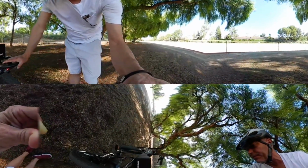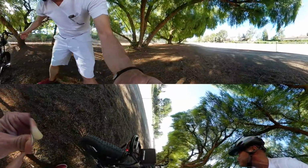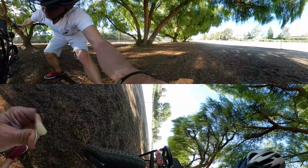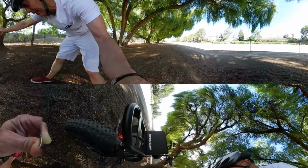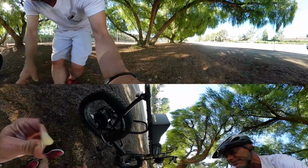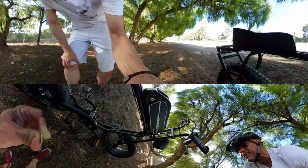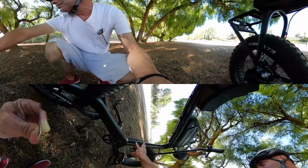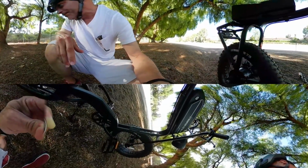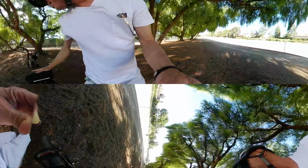This one comes with the rear rack. This light right here. See how that goes off? Nice. Just by hitting the brakes. That's a 500-watt motor. We've got a place here for mounting a drink or something like that. Battery pack, seat,